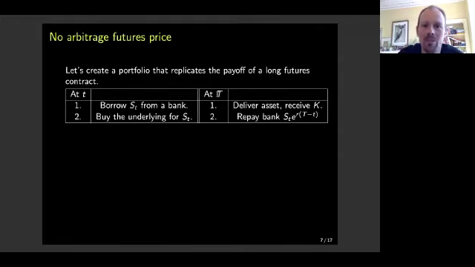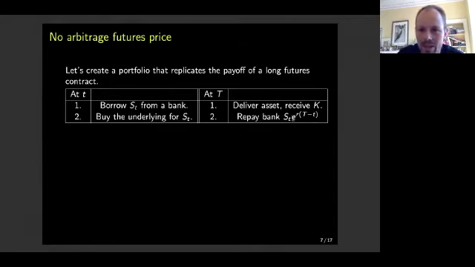And then let's see what happens at time capital T. Well, at time capital T, I deliver the asset, that's gone. I receive K, and I have to repay the bank, right? Otherwise, we're working in a simplified world, but not completely crazy. It's crazy to say that I can borrow an arbitrary amount, but it would be completely mad to say that I then don't have to repay. So I repay the